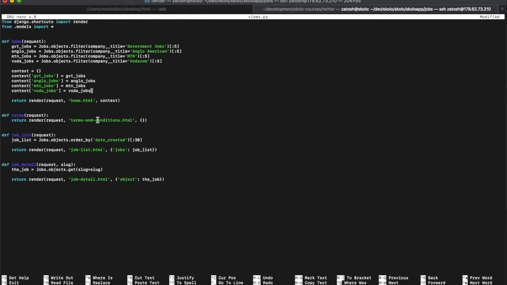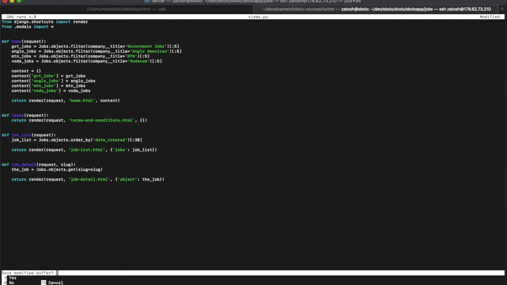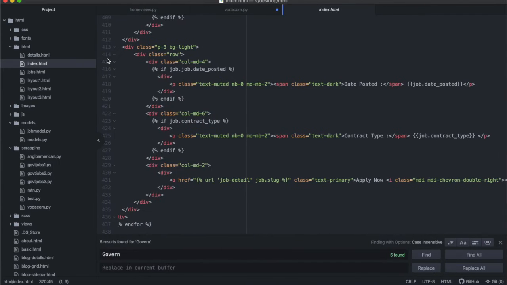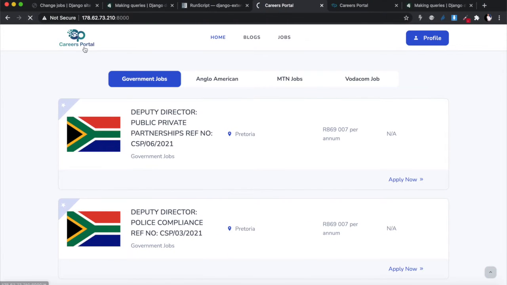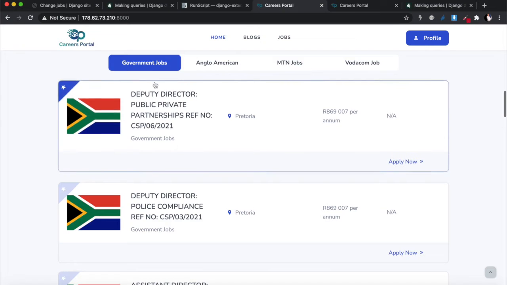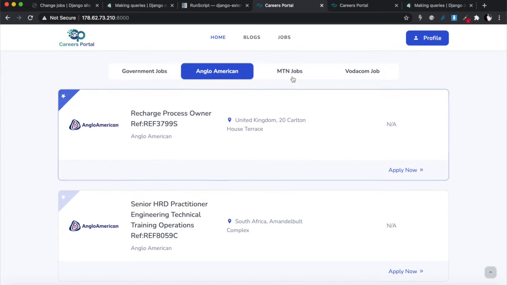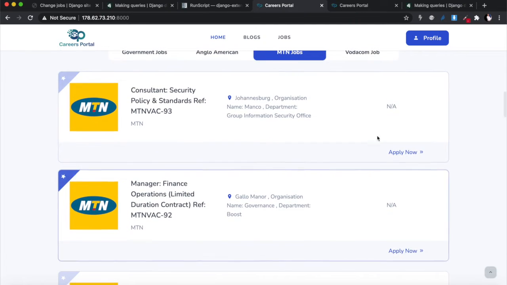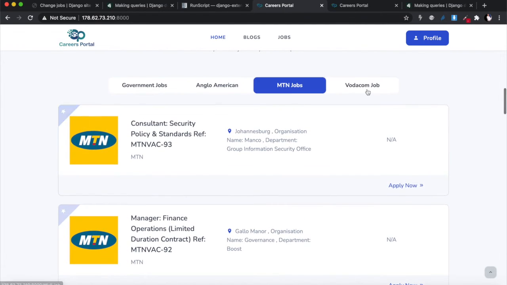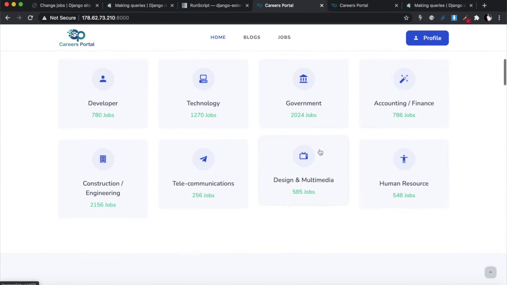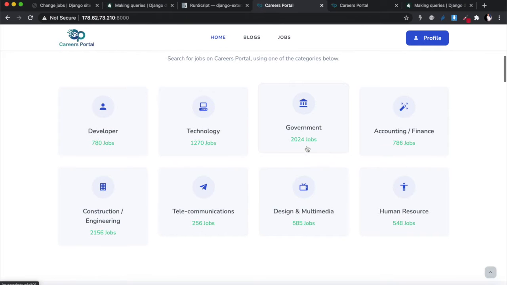So I'm going to close this. It's going to ask me to save, yes, all right? And then I'm going to cd out of here, and I'm going to run server again, so that I can just show you a couple of what I was talking about, right? So this is then government jobs, and then on the next tab is Anglo jobs. You'll see it's exactly the same thing. MTN jobs is only the jobs that go into MTN, and our Vodacom jobs is only the jobs that go into Vodacom. So basically what we've done over here is exactly the same thing that we need to do over